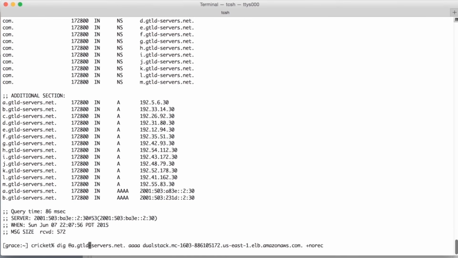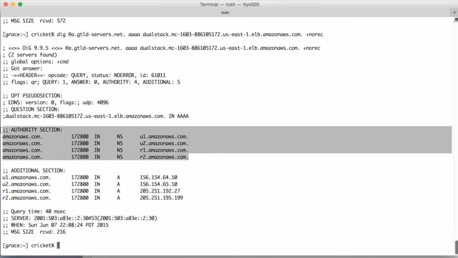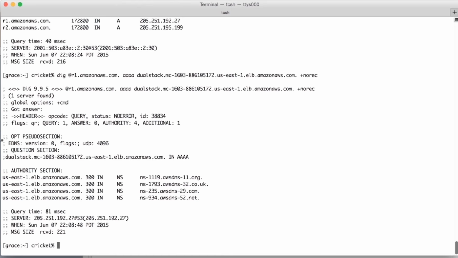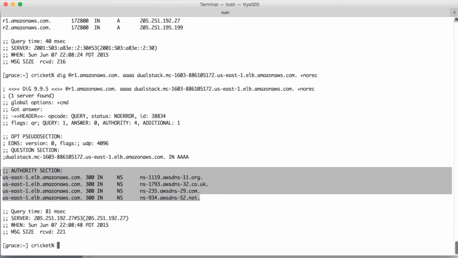Ask one of those com name servers the same question. And we get a referral to the AmazonAWS.com name servers. So let's follow up on that referral. Let's choose one of those. Let's say r1.amazonaws.com. We send our query and we get another referral, this time to the four name servers authoritative for